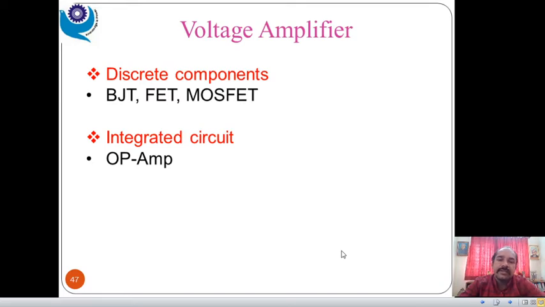In mechatronics today we are going to discuss voltage and current amplifiers. Voltage amplifiers: we can design an amplifier with the help of discrete components as well as integrated circuits, that is ICs. In discrete components there are BJT, FET, that is junction field effect transistor, and MOSFET. With the help of these components we can design a voltage amplifier, or a current amplifier, single stage, multi-stage, etc. With ICs also we can design. We have taken the example of op-amp 741. With n number of ICs we can design, but we have taken the example of the 741 op-amp.